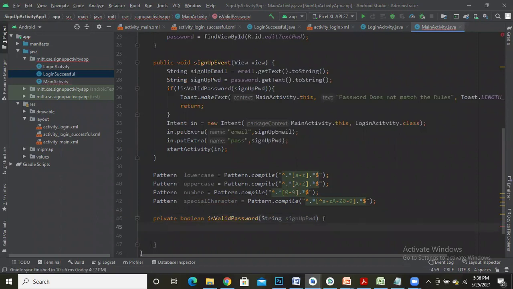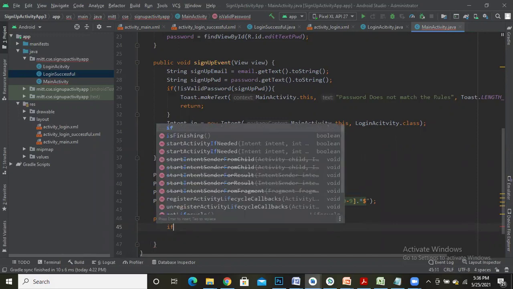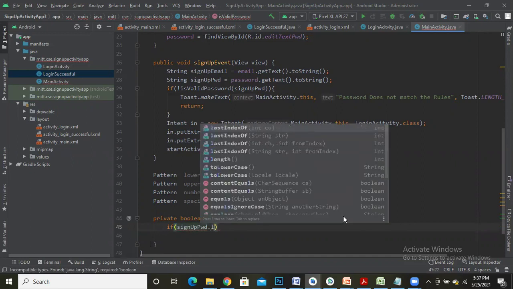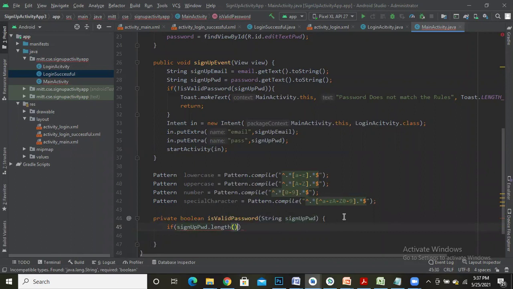Now, let me write code to validate a password. I'll write if the signup password dot length is less than 8.